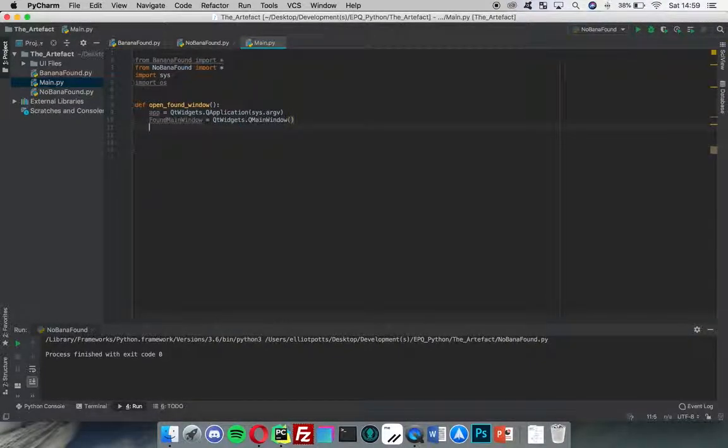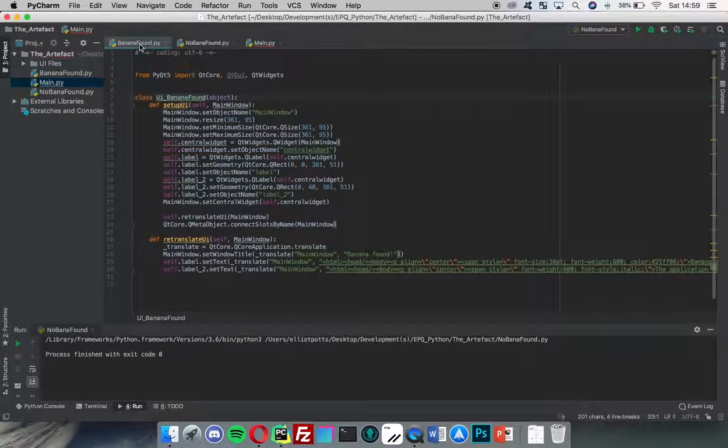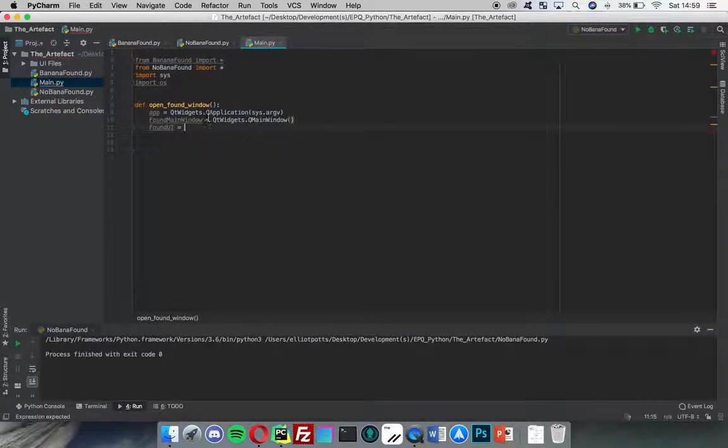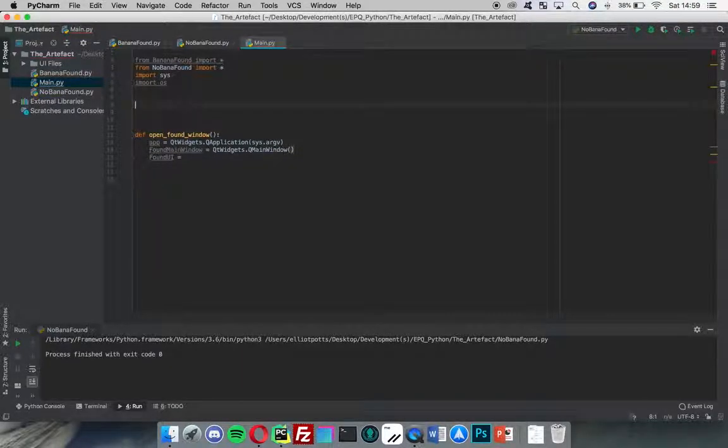Then I'm going to do found_ui equals, and then the, did I not take, yeah, I'm doing this wrong again. I'm really sorry about this. What I need to do is create a class which opens up. All right, I've got it this time. Right, class Banana, class Banana